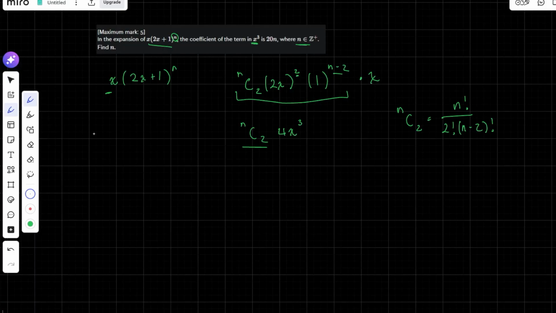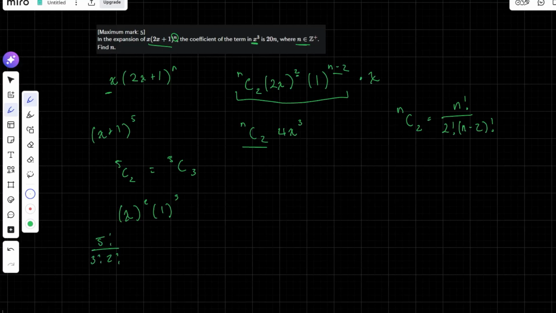Like, if you've got, for example, (x + 1) to the power of 5, 5 choose 2 and 5 choose 3 are identical. They're the same always. So it doesn't matter which power you're using, because you would have a term that's x to the power of 2 and then 1 to the power of 3, and whether you choose to put 5 choose 2 or 5 choose 3 doesn't make a difference, because in both cases you're doing 5 factorial,